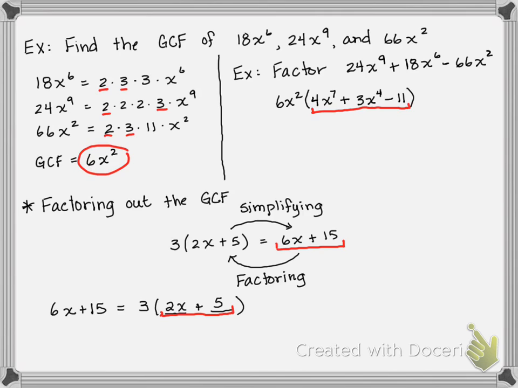Does the general process make sense? We'll do more, but one thing you want to notice is that the polynomial in parentheses always has the same number of terms as the polynomial we started with. So if we started with a polynomial that has 2 terms, you have to have 2 terms in the parentheses. If we start with one that has 3 terms, you have to have 3 terms in the parentheses. The place where that gets a little tricky is if you have something like